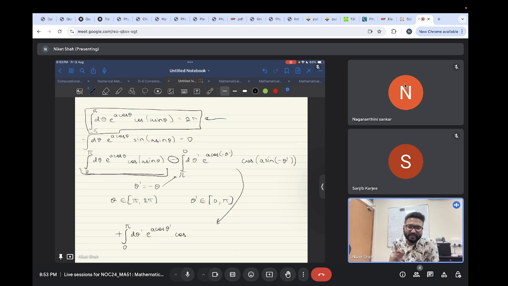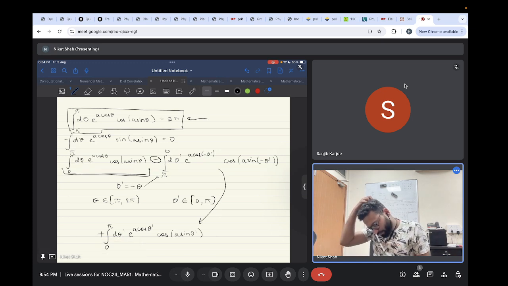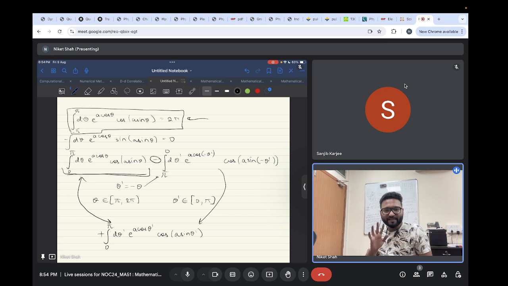Sine of minus theta is minus sine theta, but that is also inside cos, so that minus sign will also vanish. So what I get is cos of a sine theta prime, 0 to pi. So this is exactly this. Both of these are exactly the same,